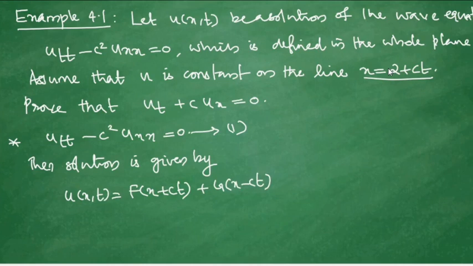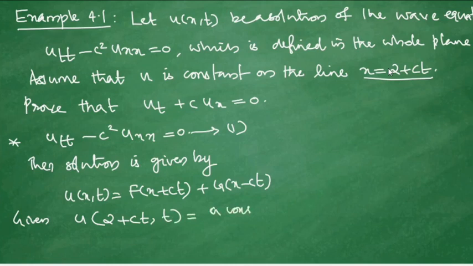Now, given that u is a constant on the line x equal to 2 plus ct, that is, u at 2 plus ct, t is equal to a constant. Now, from equation number 2,